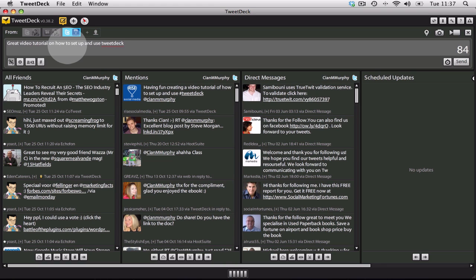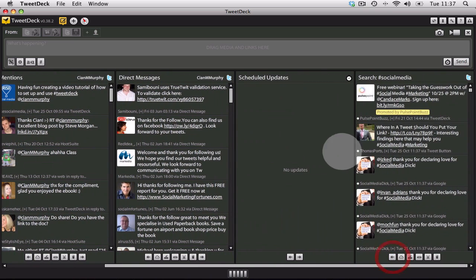And then of course I'll include my link to whatever it is, and I'll do that later once we've gone through it. But now that we know that we can send these tweets to multiple accounts, and as you know, we can do the scheduling, we can also go through each and every one of these columns, as they're referred to in TweetDeck. So we can see scheduled updates, this is where our schedules will be coming in, and this is